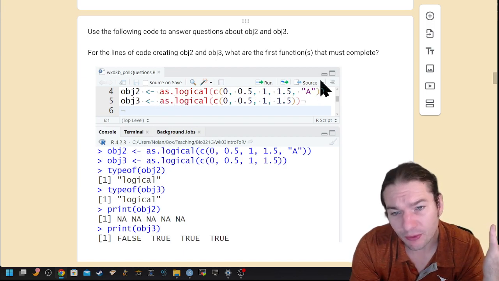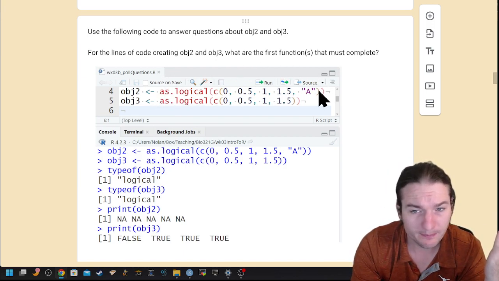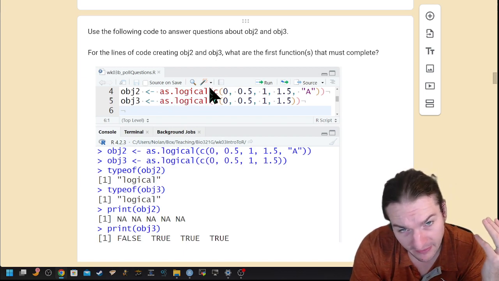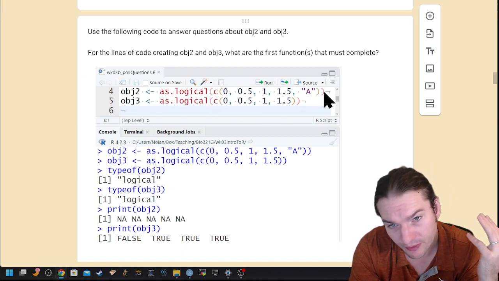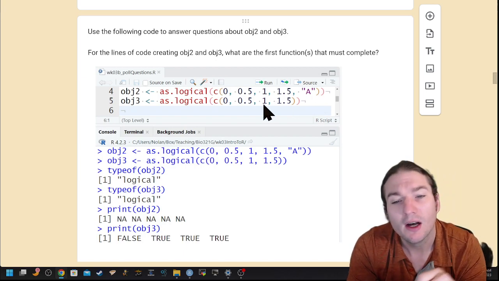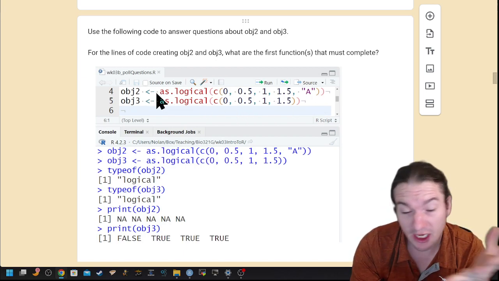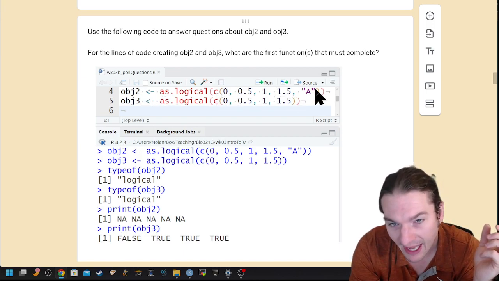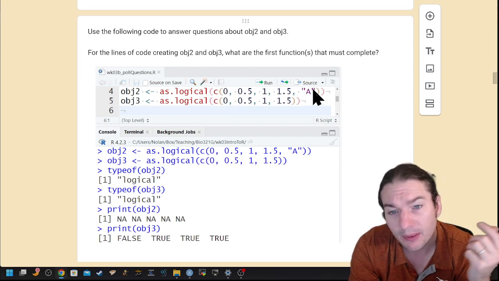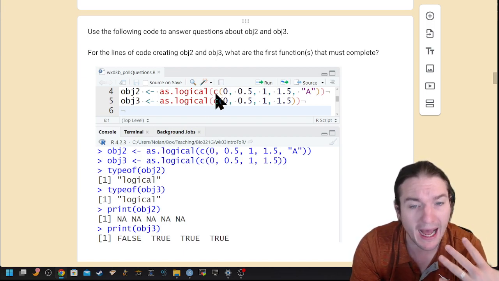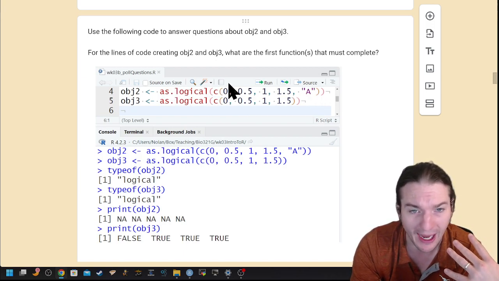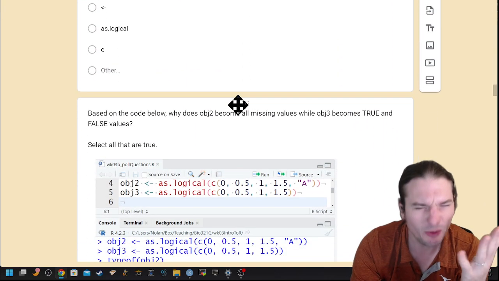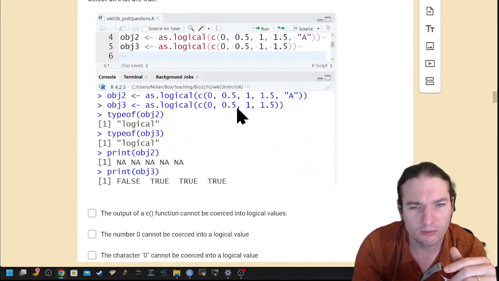It means that I have to have done all of this first. Okay, well, the as.logical followed by this parenthesis, which matches with this parenthesis, has to occur in between. So it's a medium step, but it has to have had the C complete first. So the combine has to have completed in order for as.logical to work. So the answer is the C. Most people got that one right, for the record.